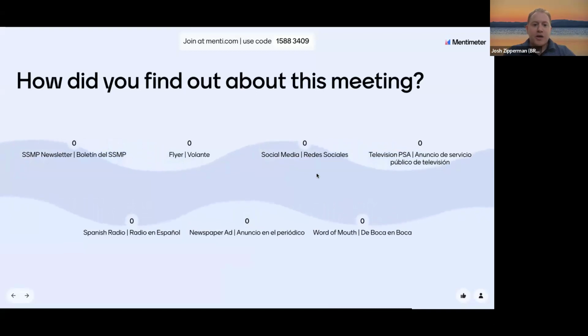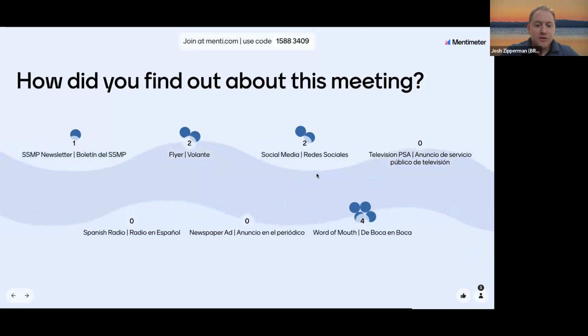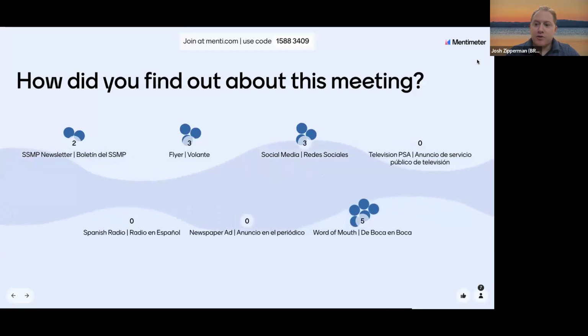Then the next question is, how did you find out about this meeting? And this really helps us understand how we can better reach you and what's effective here. You're able to select multiple options. So if you heard about this meeting through various different channels, please let us know. So we have the SSMP newsletter, flyers that were distributed throughout the communities, social media posts and events, and toolkits that were shared with partners.